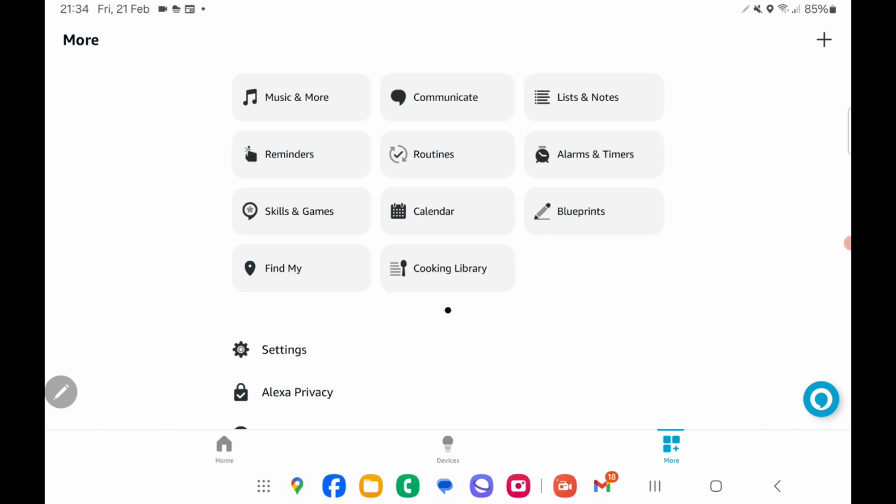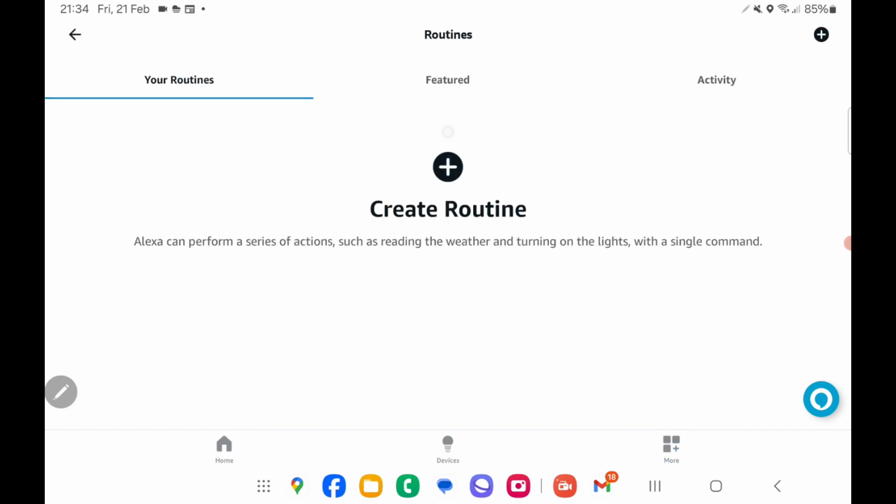Moving back over to the Alexa app, if you didn't want to say Alexa turn on node-red test, and you wanted to say something like turn on cinema mode, because one of the things I'm working on is a routine where it will automatically turn the lights off or on based on whether cinema mode is on. So you can go to more, then go to routines, then click create routine,